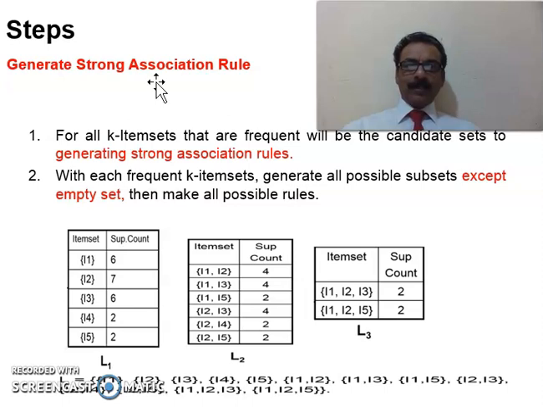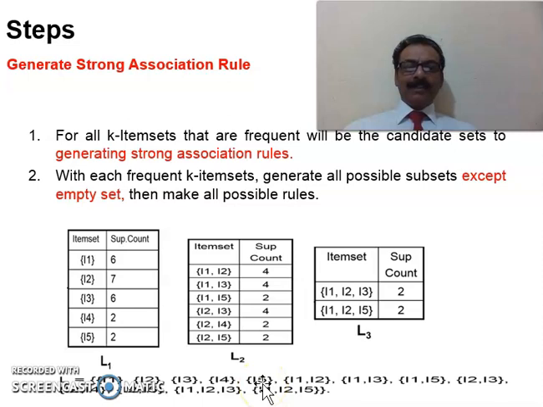When you go for generating the strong rules, it would be generated from the available frequent item sets. Herein L1, L2, L3 are the available frequent item sets of different size. So the L at the end for generating the association rules is the merging of L1, L2 and L3. That is what we have done over here. We're going to have all of this taken together. These all are the possible combinations you can try for the strong rule generation. How will it become a strong rule? These all have to be tested with different possible association rule combinations